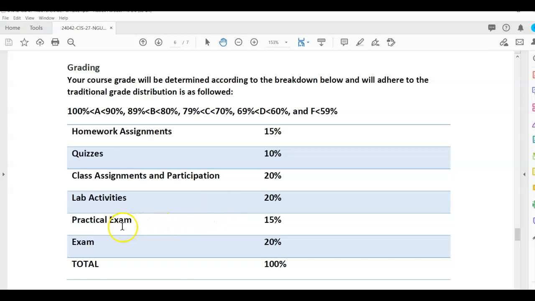The practical exam, like I mentioned before, simulates the Security Plus. It helps you practice and prepare for the CompTIA Security Plus, or if you wanted to try for the MTA Microsoft Security Essentials, it's similar to that, with the exception that the Microsoft Security Essentials focuses on the Microsoft environment only, whereas CompTIA is not vendor specific. The practical exam will be close to the end of the semester, and that will be 15% of